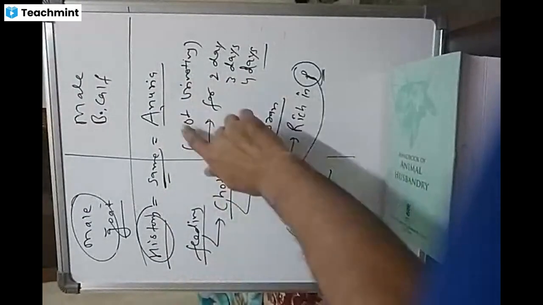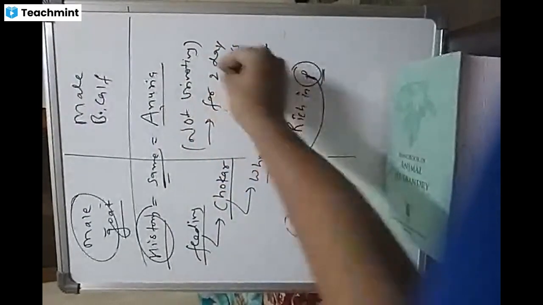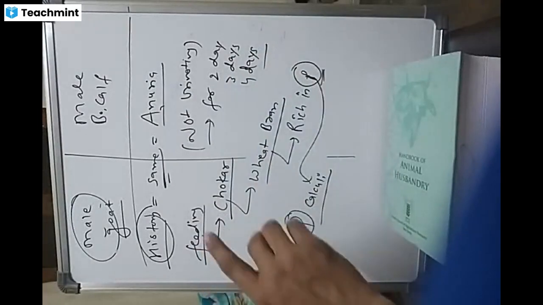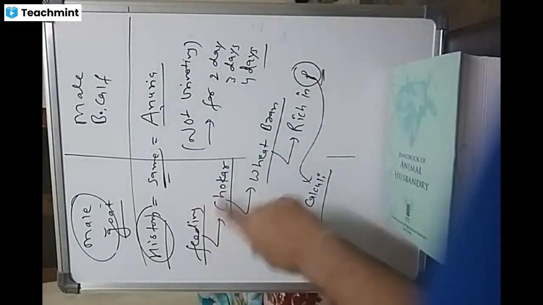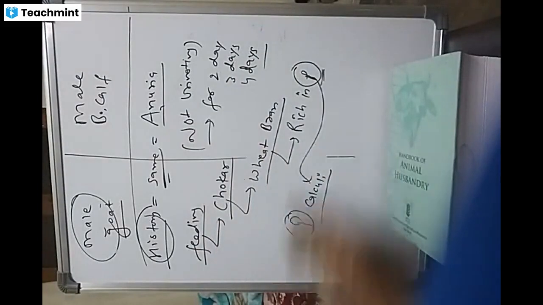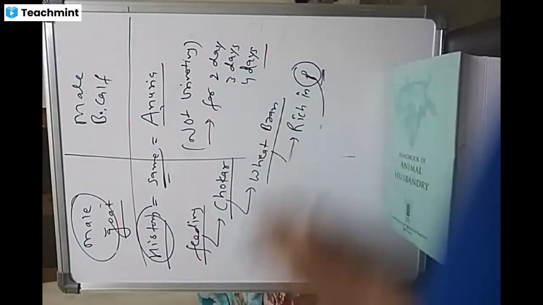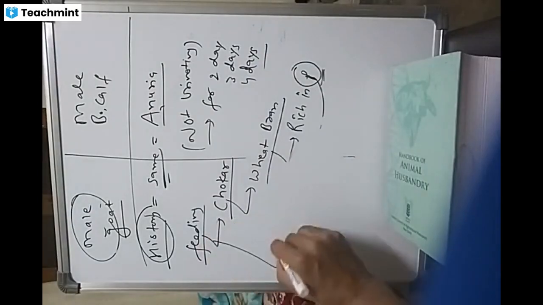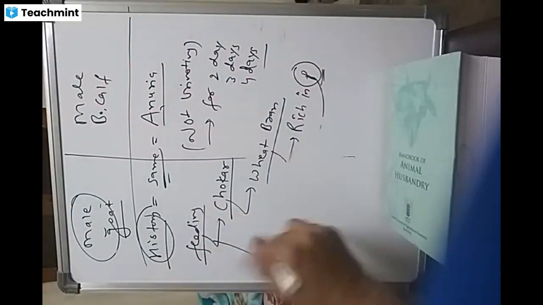My animal is not urinating for 1 day, 2 days, 3 days, 4 days. And if we ask them what they fed, the answer will be choker, that is wheat bran, which is rich in phosphate. And the second predisposing factor is